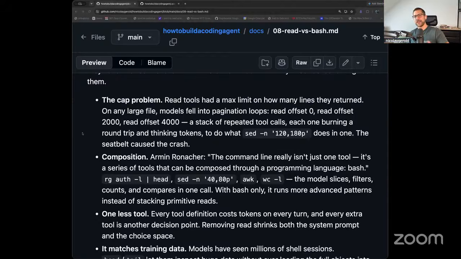Yeah, I think the cap problem, the pagination loops, we talked about it. What we have seen with read file, because usually you capped it, so it was only allowed to read a certain limit of lines. So it ran into loops where it basically couldn't find the right information in a file, and it tried to solve it by reading more. So it just iteratively read more and more of the file in 50 line increments and used like 52